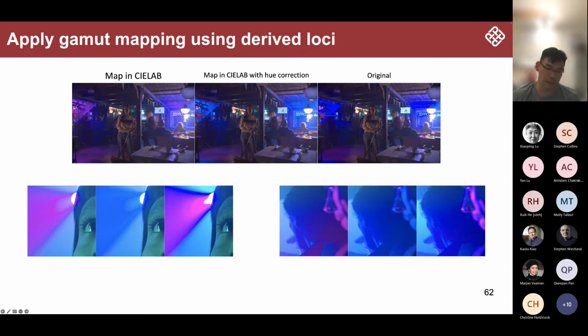And similarly, for this image, you can see that this is out of the gamut, and that's the reason. You see it's kind of pink, but if you make the right correction, this is actually a blue color. And for this one, you can see that it is the blue light, but actually the reflection on the human being's face is kind of pink. If we just compress that in the CIE-ARB, you still have the pink face. But if we make the correction, you can see that the face is becoming blue. So this means that we are doing a good job trying to make the color space more uniform in terms of the constant hue.